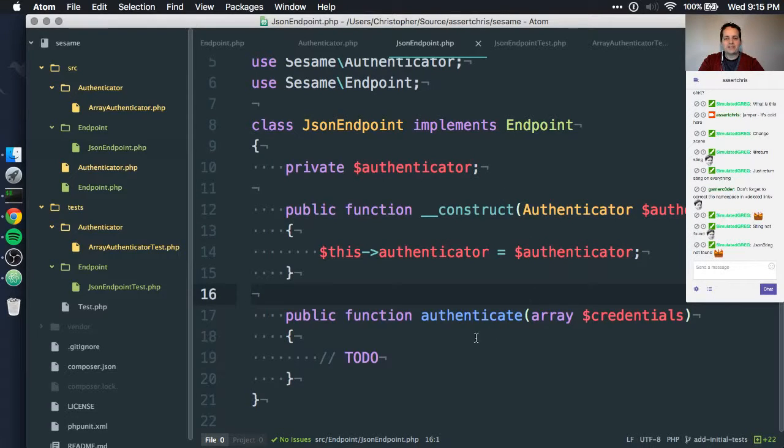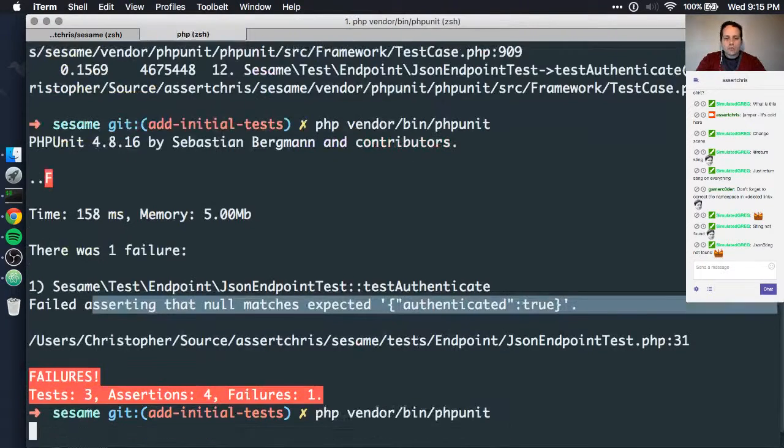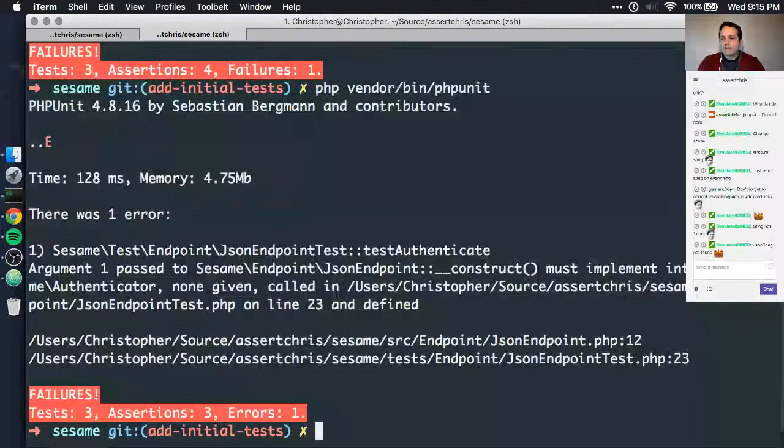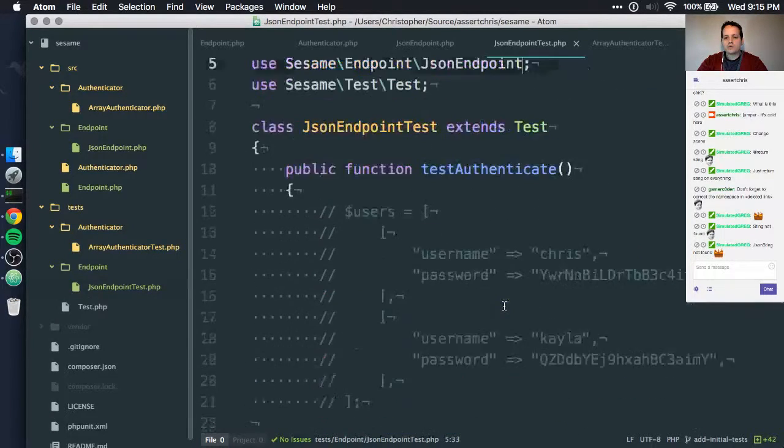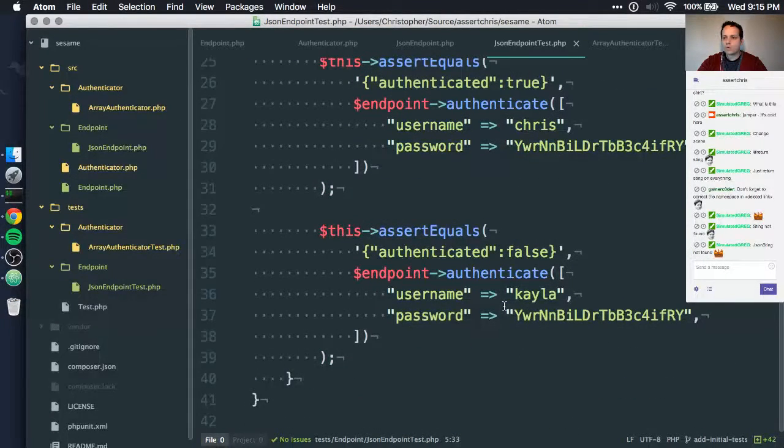Yes. Okay, right. So what does this do to our tests now? Now we have a new kind of error. The constructor must implement the authenticator. And that makes sense because we've just coded that. But it gives us a different problem to worry about. Now we have the question of whether we make true unit tests or whether we make functional tests. And this is kind of a loaded question, right? Because I haven't explained the difference between the two.